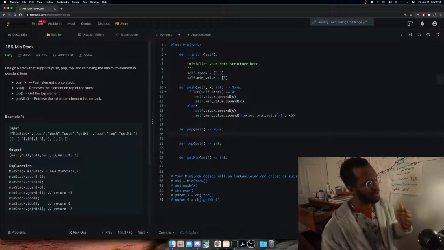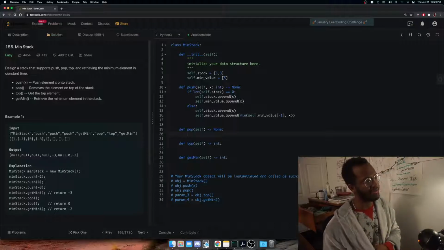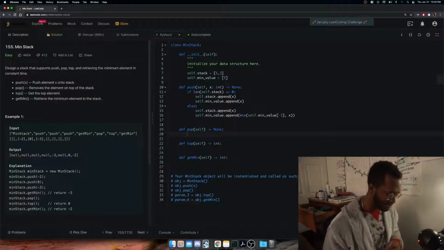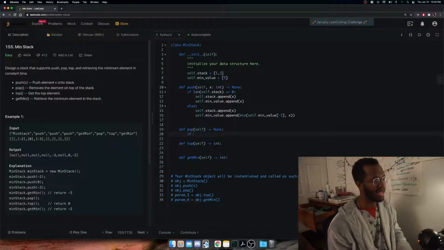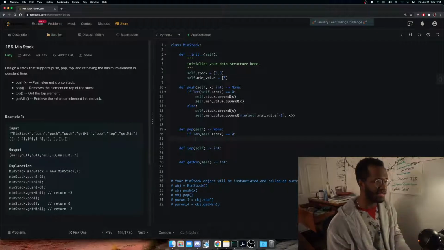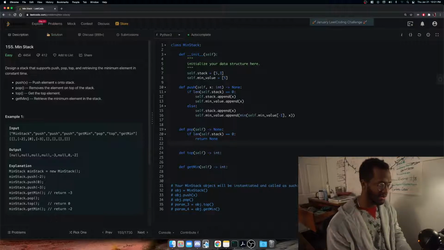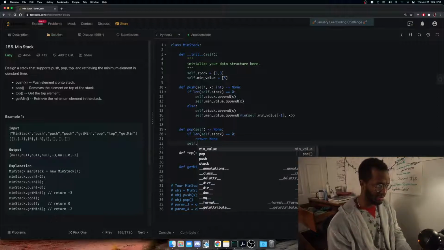So when we're removing an element, popping an element off the top, it's going to be very simple, other than the case where the length of self.stack is 0, meaning the stack is empty. We're just going to return none, because there's nothing to remove. Other than that, if we want to remove an element, we're just going to say